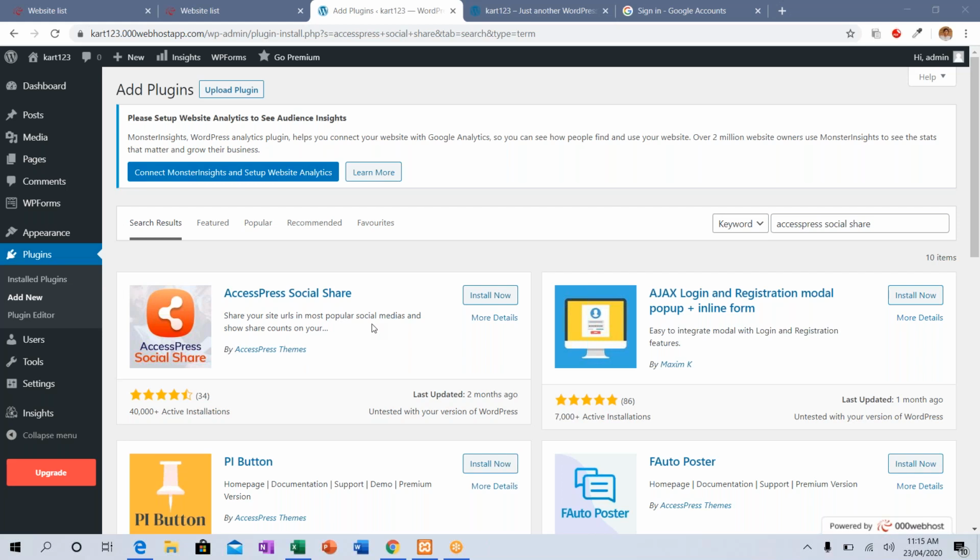Are they giving the ads only through television? No, because the people have migrated from television to social media, right? Most of the people are using FB and Twitter, LinkedIn, everything, right? So they are giving the ads there. To publish our site and give an ad there, we need access from social share. Okay, just click install now.